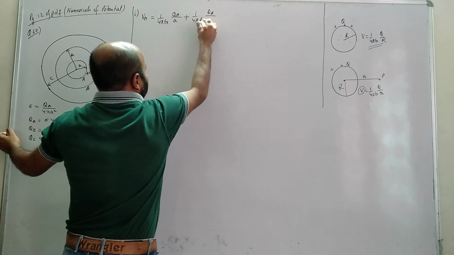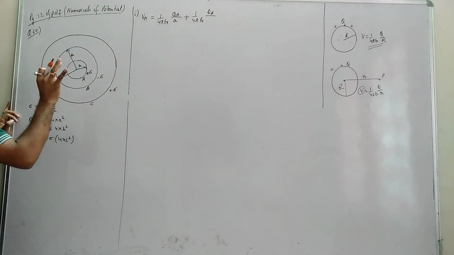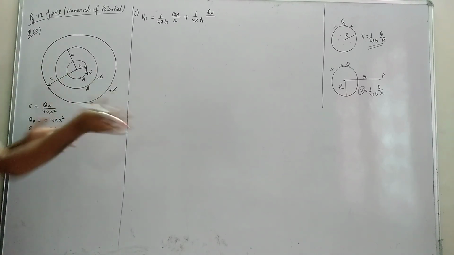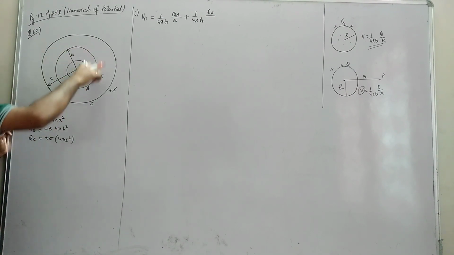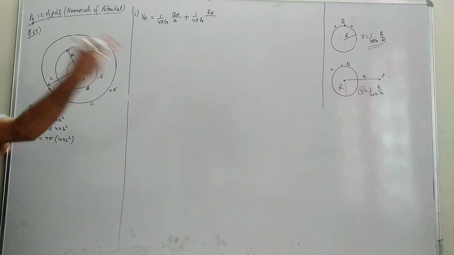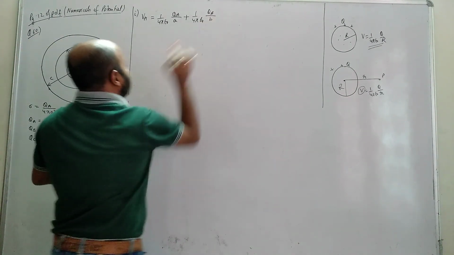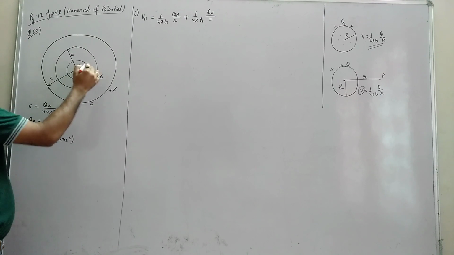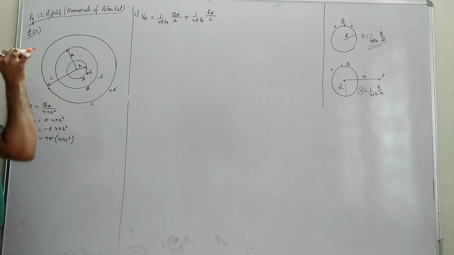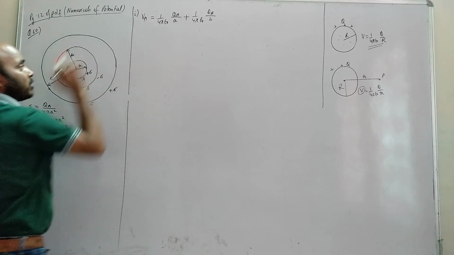So the cell A is inside the cell B. Now we need to see, do we have any potential inside cell B due to charge of B? So yes, due to charge of B, the potential inside cell B is equal to the potential at its surface. So what is the potential at its surface? 1 by 4 pi epsilon QB by B. This is the radius we have to take, B. So this is the potential at its surface, right? This surface, shell B surface. The same potential is acting inside everywhere. That means the same potential acting on the A also.